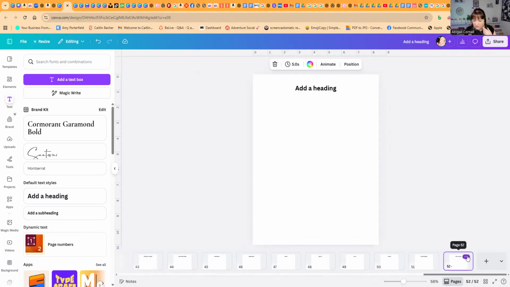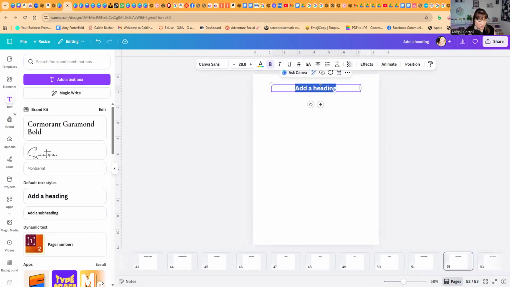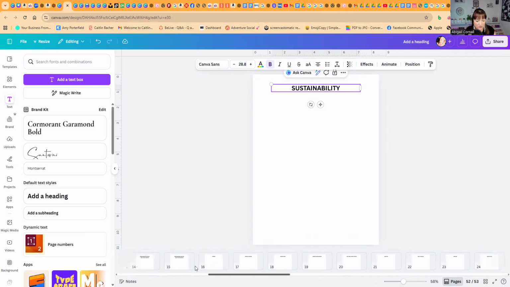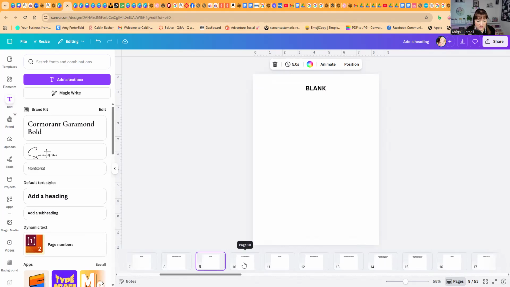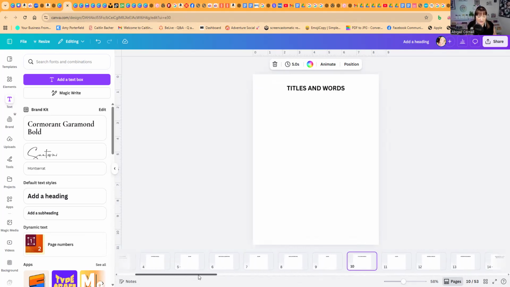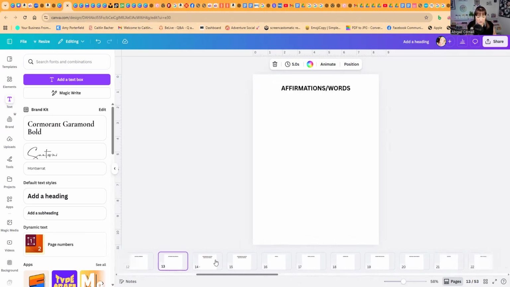sustainability is a big one right now. And actually, we can ask ChatGPT what are the most important things that people aspire to become or to have or to do. And we've not really got cars and vehicles. I aspire to have a camper van. Where would that go? Let's have a look. Goals, aspirations, blank. It might go under adventure, but I think general mindset, affirmations, words, empowering quotes, sticky notes,